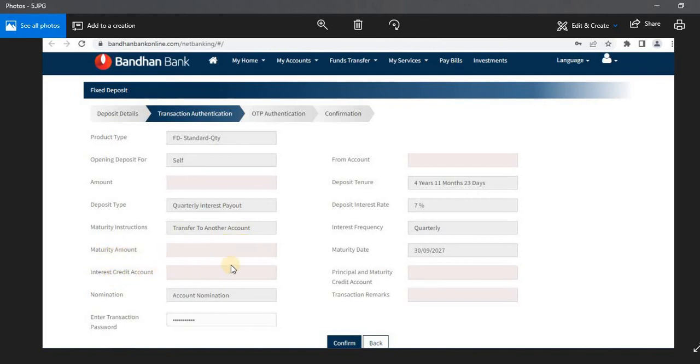Interest credited account, this will be your savings bank account number. Interest credited means the interest will be credited to which account? Your savings account. Okay, that I have kept hidden, right? And account nominee, I have selected the savings account nominee for the fixed